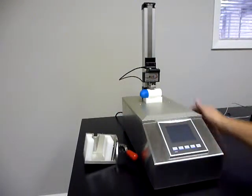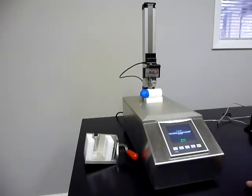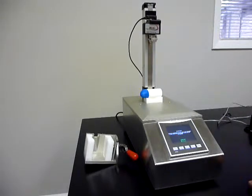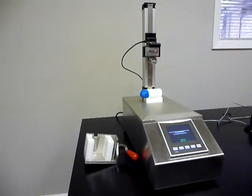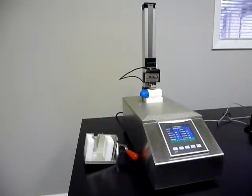Okay, so I turn on the machine. It comes up with the logo screen, and then it's asking me for homing. Then the automatic homing process starts, and requires about maybe 10-20 seconds to finish, and the carriage is rehoming automatically to the last test position, which is